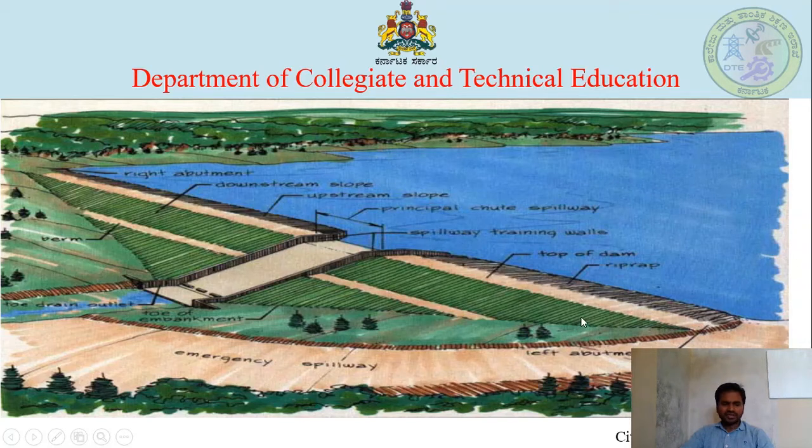Next, it functions under situations caused by enforced shutdown of outlet works or malfunctioning of spillway gates. When the flood is greater than the design flood, this emergency spillway is needed. It is provided only for earth and rockfill dams.